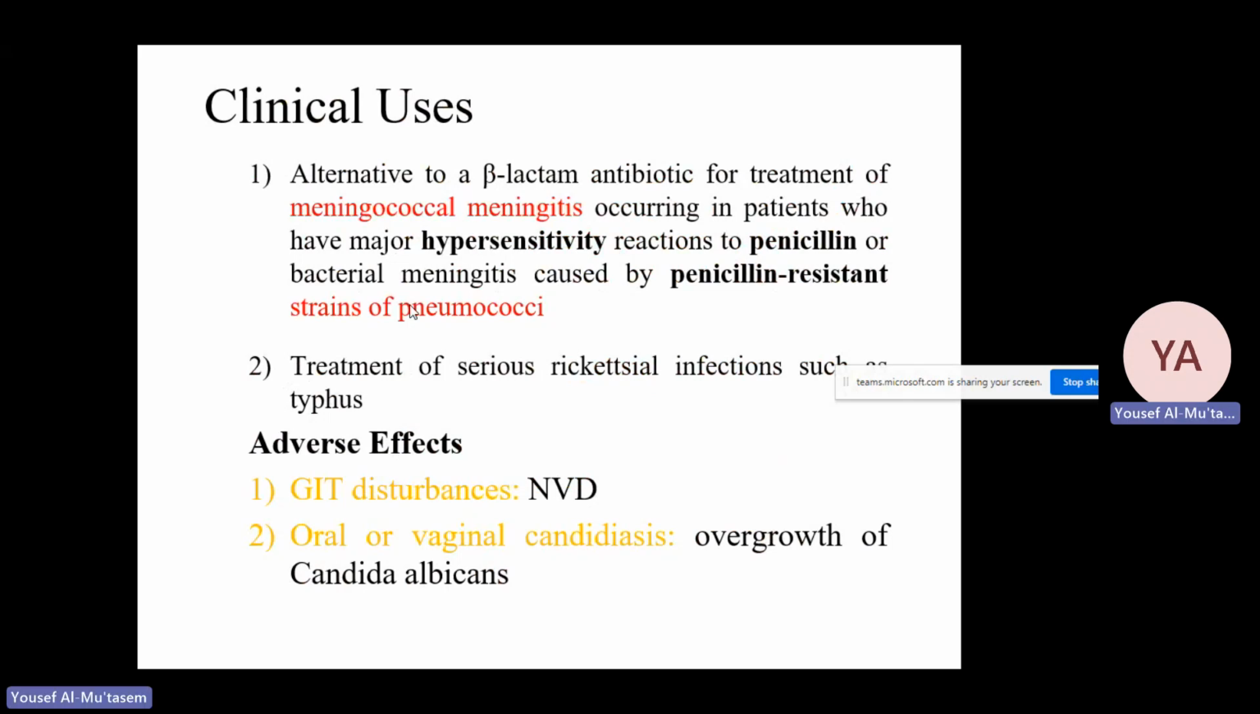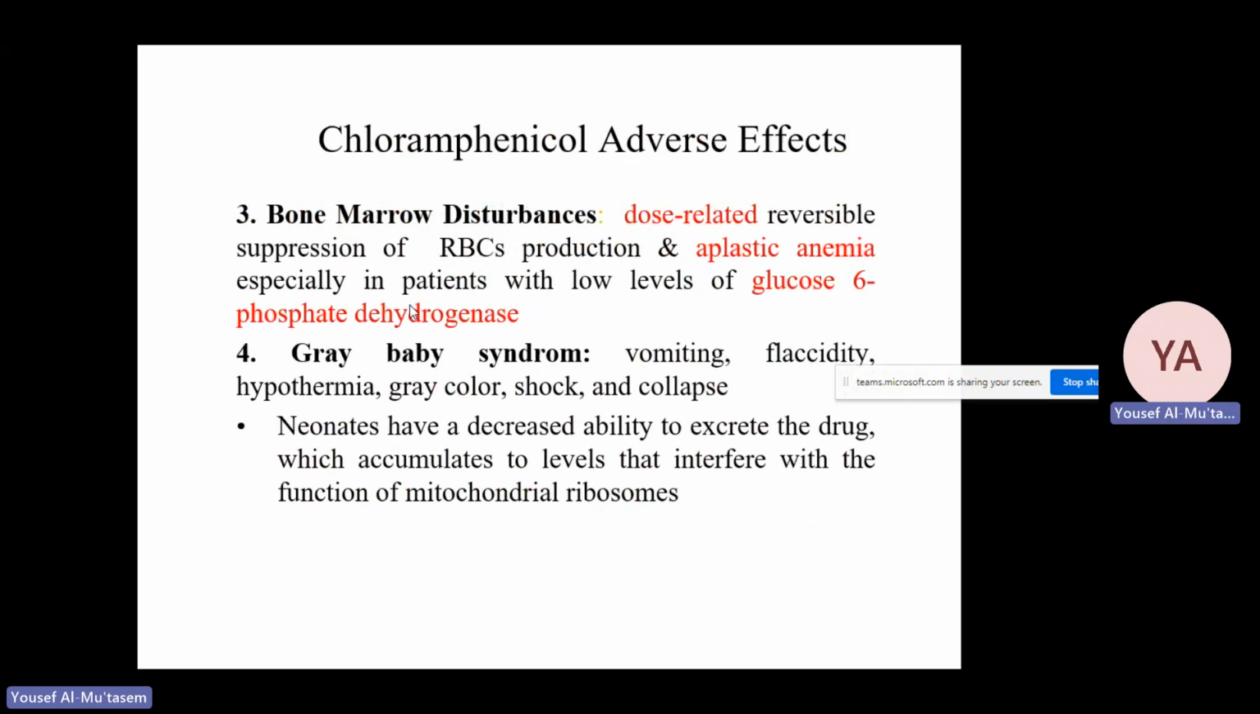Adverse effects: GI disturbances. Also, because of its extended spectrum of activity, it is going to cause overgrowth of Candida albicans in the mouth or in the vagina, oral thrush or vaginal thrush. Also, it can cause gray baby syndrome, vomiting, flaccidity, hyperthermia in neonates and little children, due to the inability to get rid of the drug in a safe way. So this leads to the accumulation of chloramphenicol